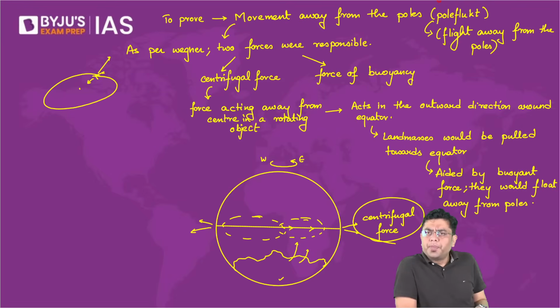Now, what do you think? Does that make sense? Do you think that is something which can lead to the breaking of the continents and the movement of continents towards the region of the equator? Absolutely not. The reasons cited by Wagner were absolutely ridiculous and incorrect. This is the reason why the continental drift theory, despite the very accurate evidences that it relied upon, was ridiculed and made fun of. Alfred Wagner was boycotted by the entirety of the geographical community.